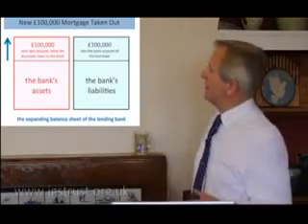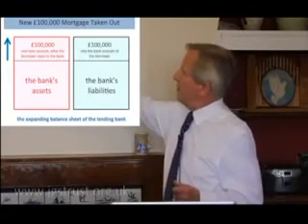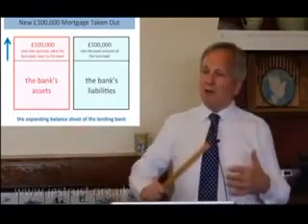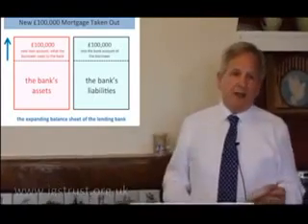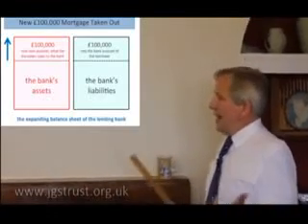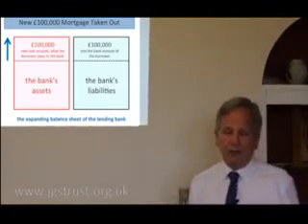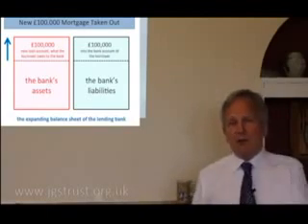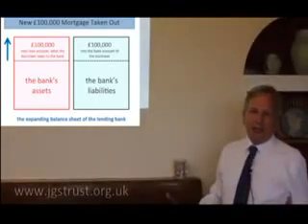Well, very schematically, this. The bank's assets go up £100,000 because this person who walked in the door now owes the bank £100,000, which wasn't owed to the bank before. So the bank's got £100,000 extra assets to what it had before the event. How is that balanced? Well, the borrower, the person who took out the loan, has £100,000 in his current account. Actually, probably has gone to his solicitor's current account in practice, but it is a liability to the banking system.